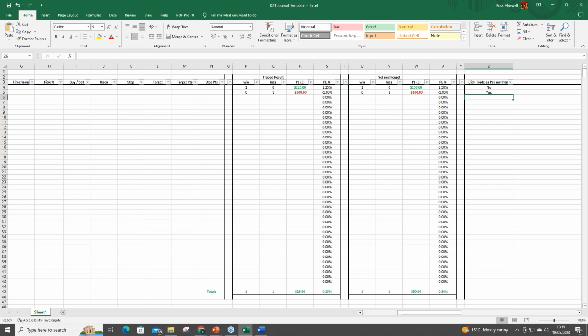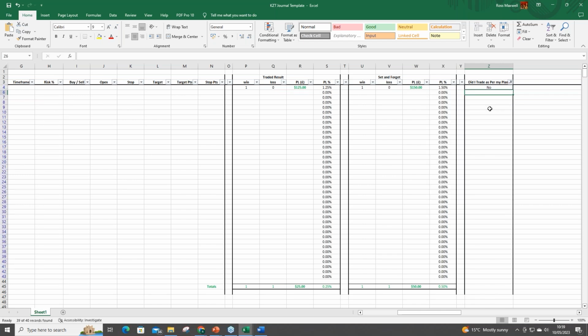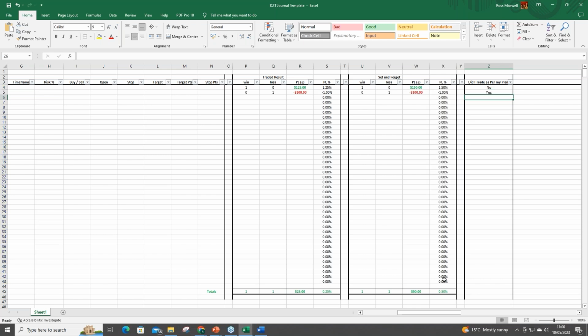Again, this will come down to, say you've over-risked on a trade, you've risked 2%, and that's not part of your trade plan. You will be able to identify, right, okay, I didn't follow my trade plan. You can then filter out all the ones that you didn't follow your trade plan on. Oh, well, look, they're all the ones that I'm over-risking on. So I know I need to work on following my trade plan in terms of the risk that I'm putting on per trade. So these are all the sorts of things that we can get just by analyzing our trade plan.